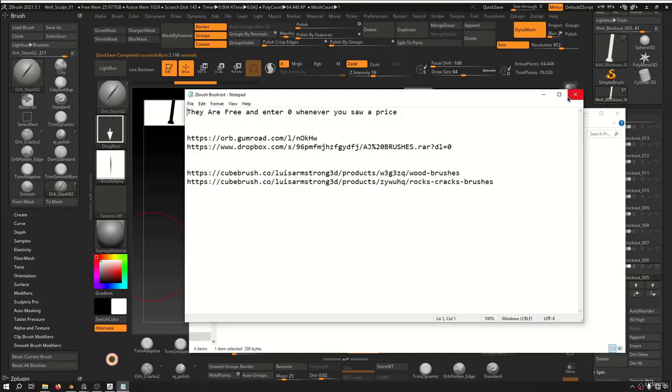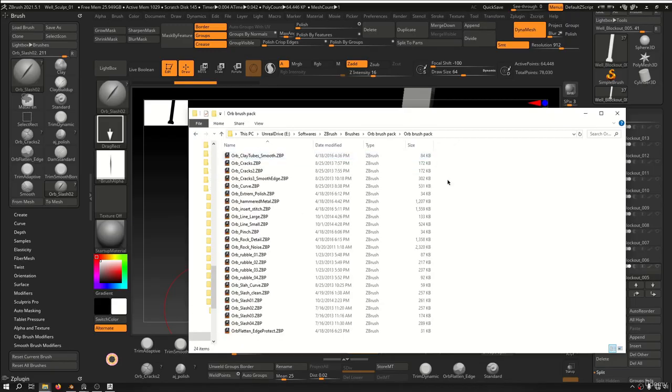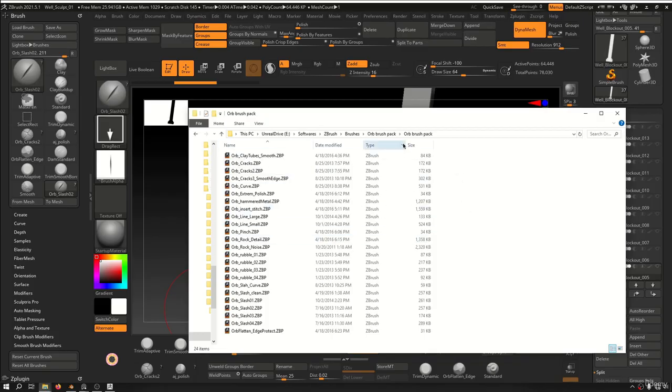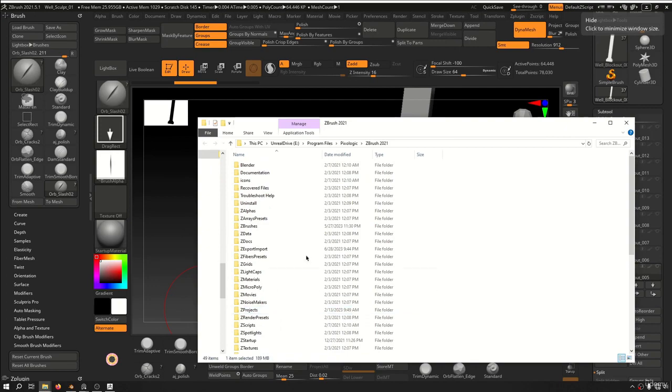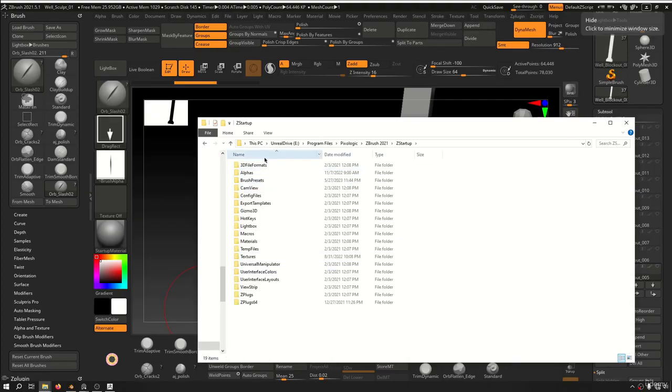Download these and you will get the zip file. For example, for the Orb brush pack, you just get these brushes. You want to take your Orb brush pack folder or the existing content that exists in the folder. And if you want them to be available every time you open ZBrush, you want to go to ZStartup here and then